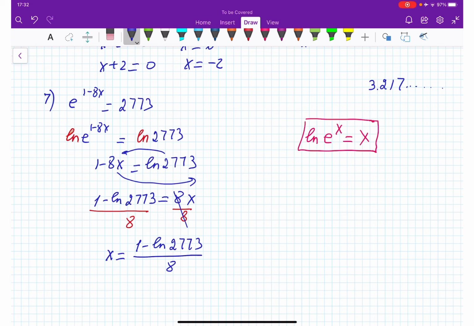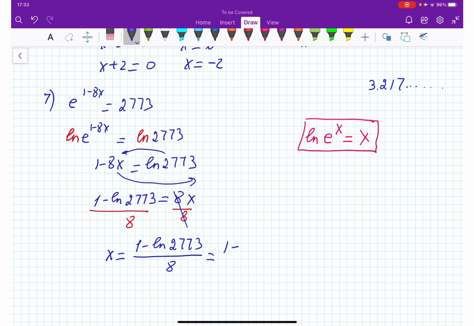Okay, so from here, if you want to get the value of this, how much it is, all you're going to do is punch on the calculator the natural logarithm of 2773, and subtract it from 1. Oh, let me see if you are interested. Okay, let me do it. How much is it going to be? So I will tell you right away. Whoever is using the iPhone calculator, punching 2773 and then taking the natural log, it is going to be